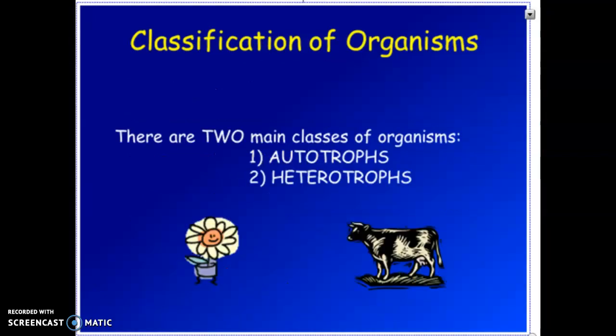So let's talk about what types of categorizations we have for organisms, and then we'll look at the trophic levels that they belong to. First of all, there are two main categories that living things can fall under. One is an autotroph and one is a heterotroph. In a nutshell, an autotroph is something that can make its own food, for example, plants. A heterotroph is something that has to ingest its food. We are an example of a heterotroph. Basically anything other than autotrophs falls under the heterotroph category.